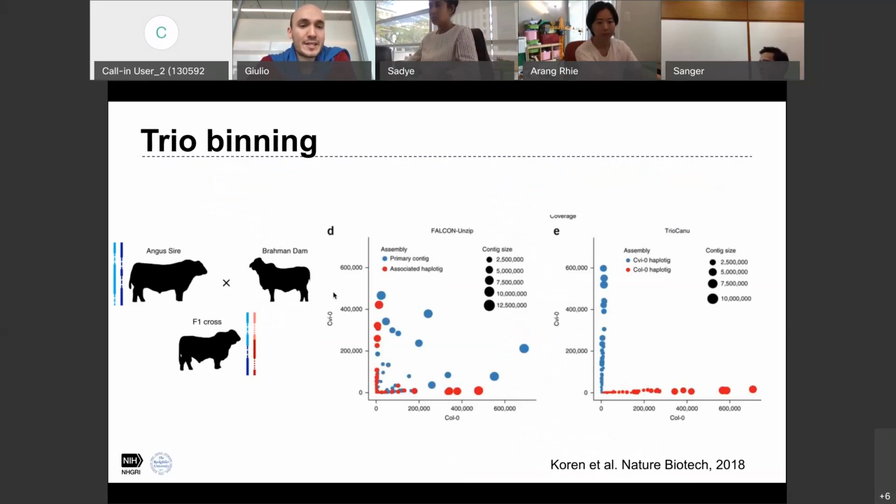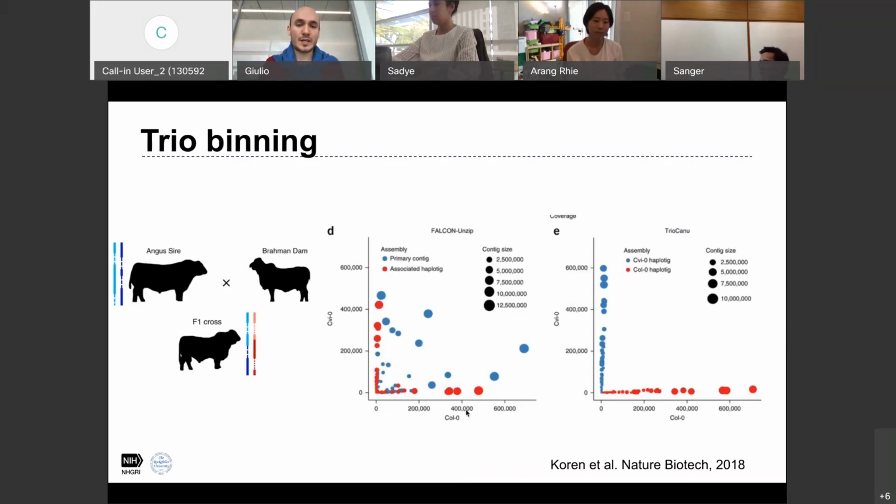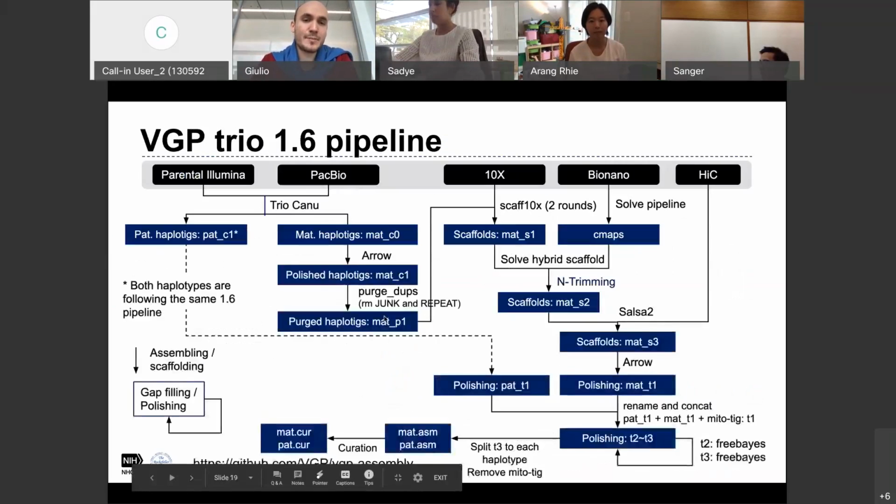I mean, it's an approach based on having also parental information, so the information from the maternal and paternal haplotypes, normally Illumina short reads. And what is interesting here is that it allows you to clearly separate within the diploid assembly. It really allows you to separate out the contribution from the mother and the father to the child haplotypes. So this is the pipeline for the trio, which, as you can see, is fairly similar to the non-trio pipeline,